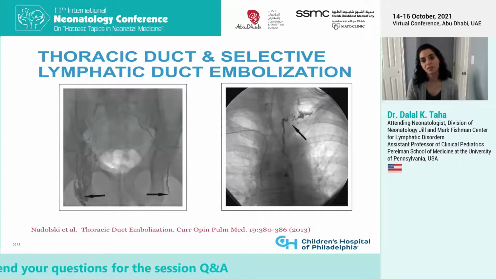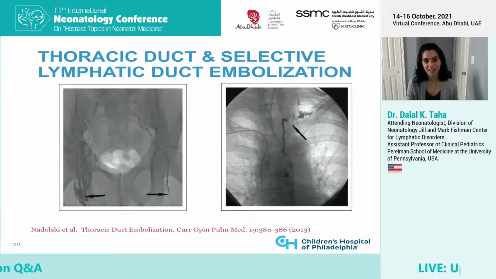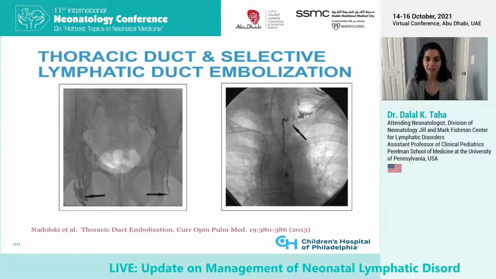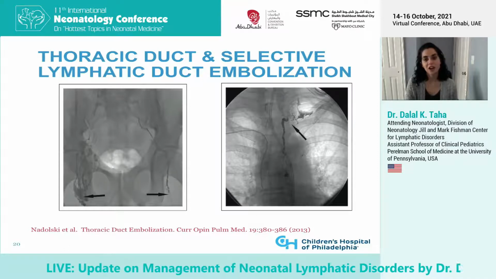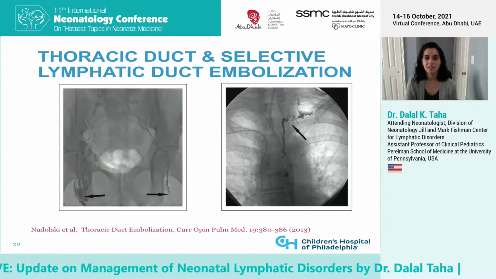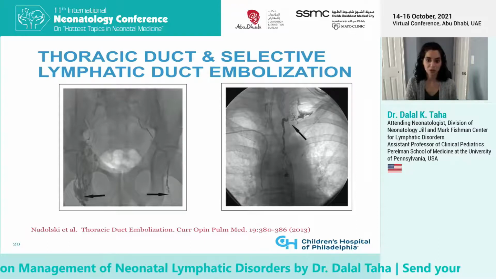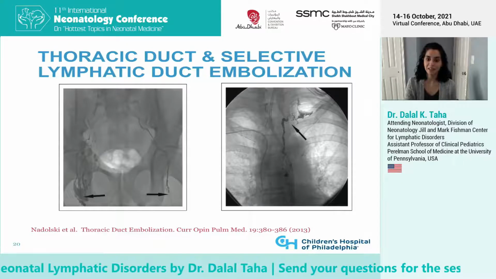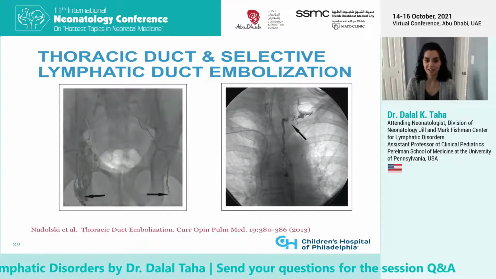Embolization begins with inguinal lymph node contrast injection so that the thoracic duct can be visualized. Once there is opacification of the lymphatics seen in this image on the left, a needle can be introduced transabdominally to access the thoracic duct. A wire is then placed over the needle and advanced to the site of the abnormality. The image on the right shows leakage of contrast at the top of the thoracic duct, and so this is the area in which the coil or glue may be deposited. The same technique is used to selectively embolize abnormal vessels that branch off of the thoracic duct.